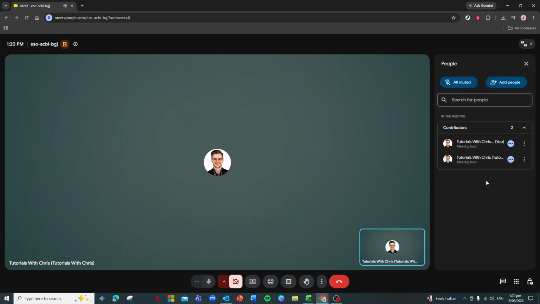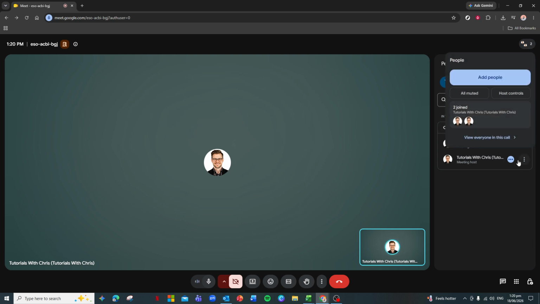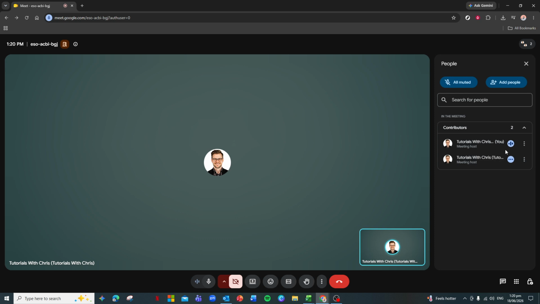A panel will open on the right side of your screen showing everyone in the meeting. At the top of this panel, you'll see the total number of participants. Below that, you should see a list of names, often with a small microphone icon next to each one. This is where you can manage audio for individuals, but we want to act quickly, so we'll use the host